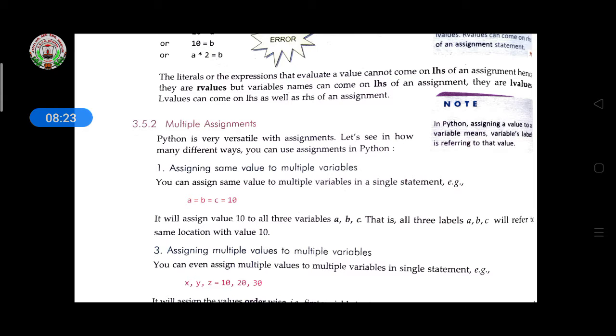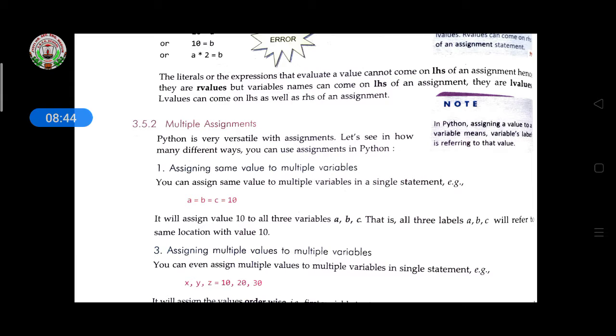Now multiple assignments. Python is very versatile with assignments. Let's see in how many ways you can use assignment in Python. First is assigning the same value to multiple variables. You can assign the same value to multiple variables in a single statement.